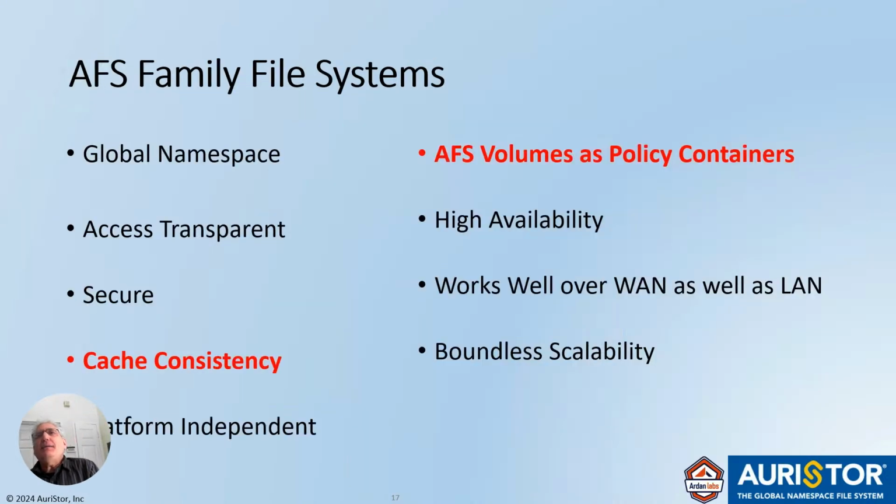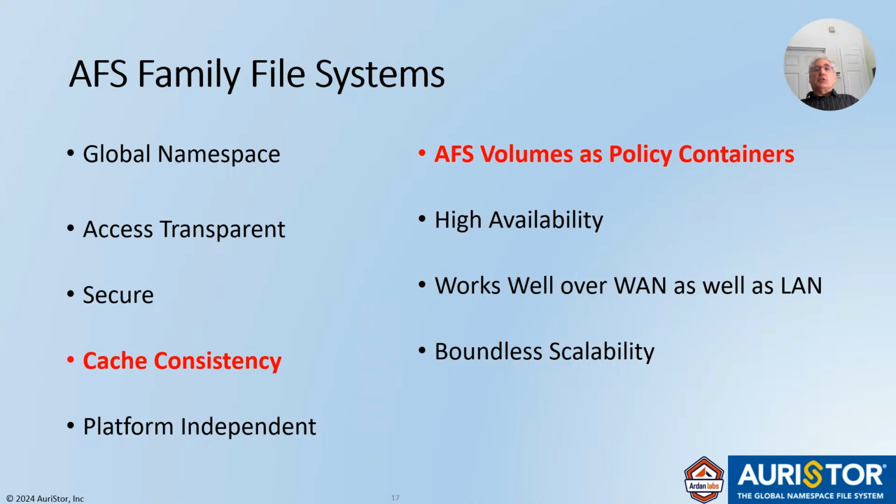So I just want to take a slight digression. Why did the banks hone in on the AFS family of file systems? Most of you are probably not familiar with it. It's been around for a long time. Great file system. File systems are how I get data distributed to the world. That's what a file system is. You have a local file system: under the / directory on your machine, there's directories and files, and that structure is called a file system structure. You can join them together with what are called mounts. You mount one file system to another file system. That's how, if you have multiple disks on a machine, you can do stuff like that.